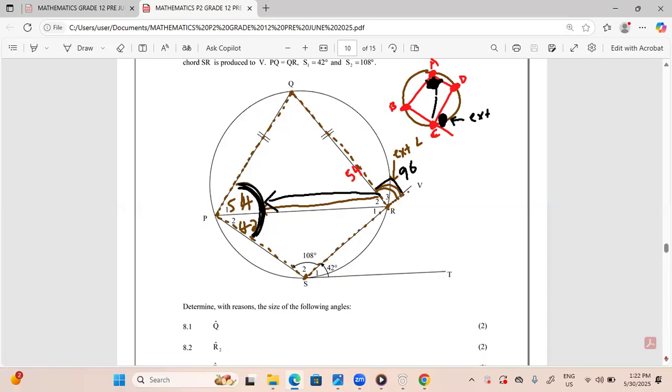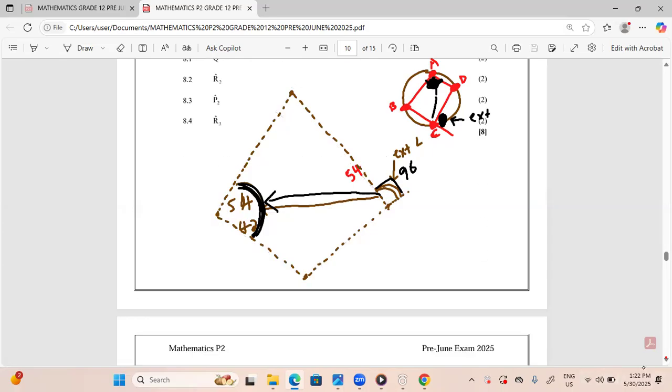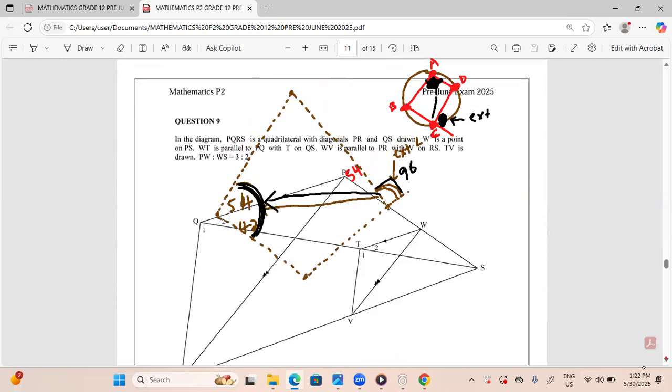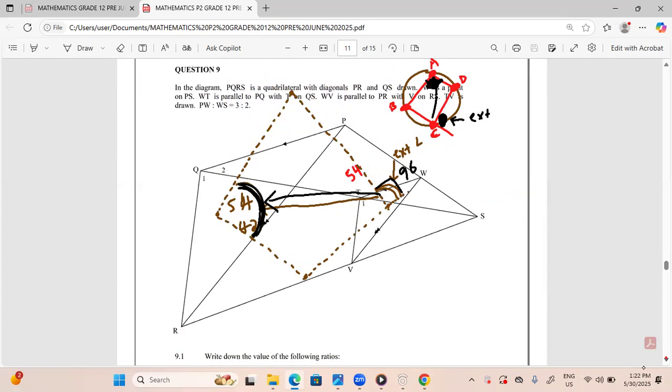It will also have two angles that are equal. Watch out for that isosceles triangle. Okay. Now here on question 9,